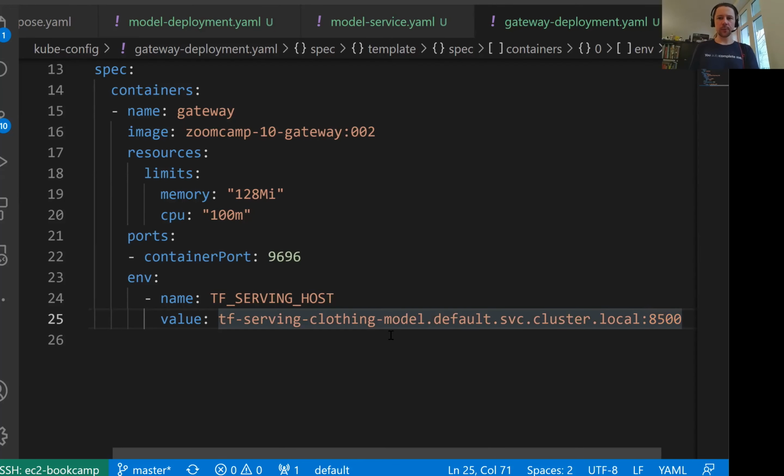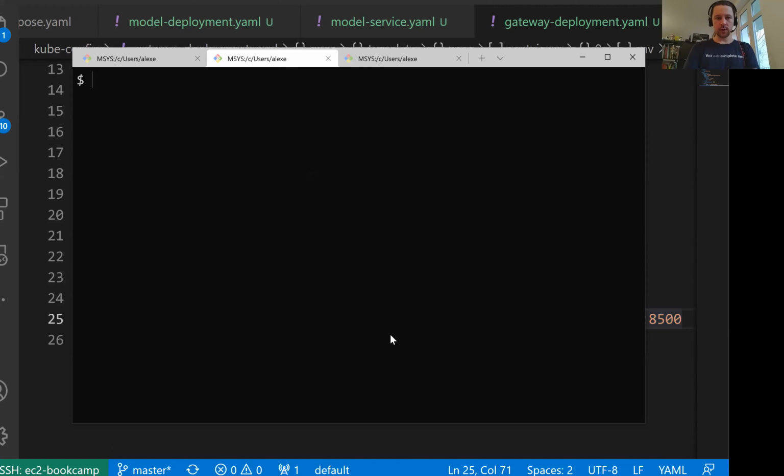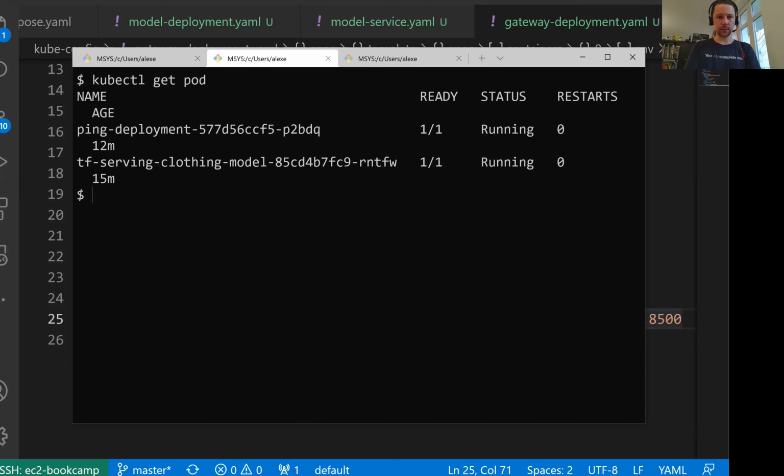And before we deploy, we can actually check if this works. So what I want to do now is log in to one of the machines, one of the pods. If we do kubectl get pod, we have a bunch of pods here. I want to log in to one of the pods and execute a few commands there. So I want to get on this ping deployment pod. For that, I want to execute a command, and the command will be bash. This effectively will give me access to the terminal of this pod,